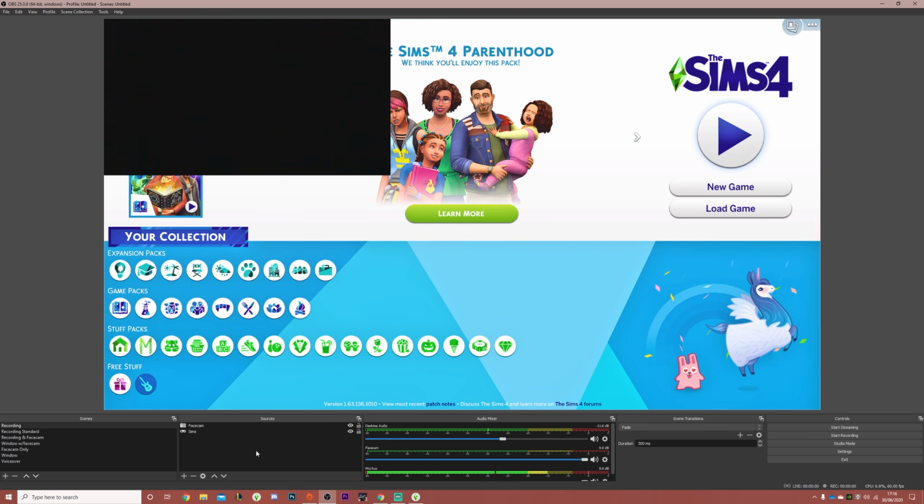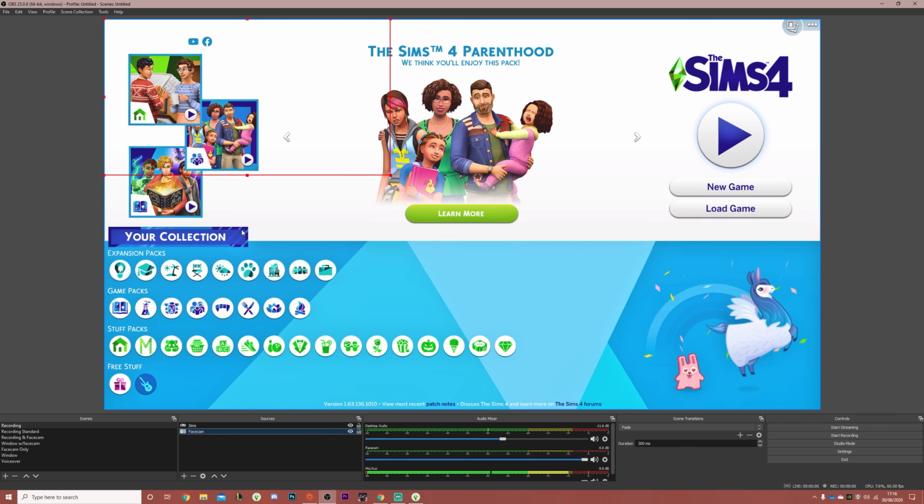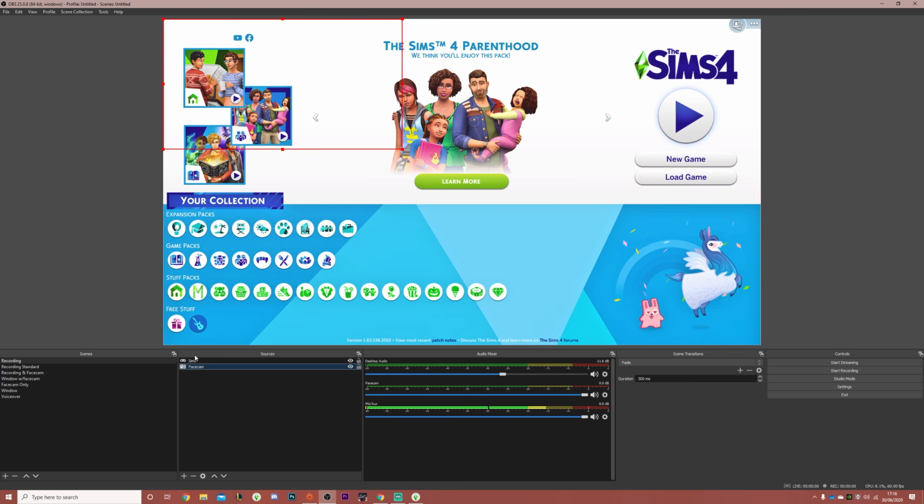There we go. So now you've got your face cam, and just to bear in mind, if you can't actually see your face cam, like maybe you've got it all set up and you're thinking that you can't see it, it may be because in the sources it's actually under Sims. So with your sources down here, if I go ahead and make this a bit bigger,